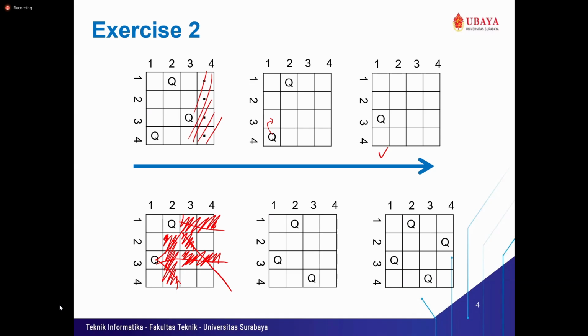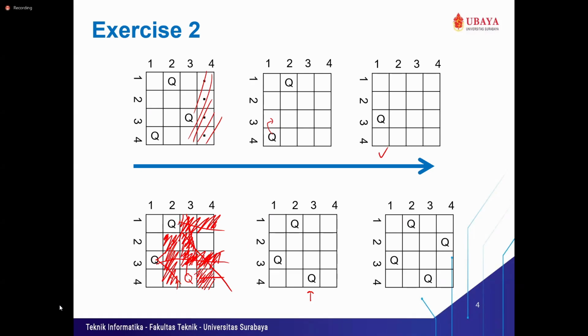So based on this, we can only have one more place to place the third queen, which is, of course, in the 3-4 here. Because we put it here, we need to block the other possible ones, like this.